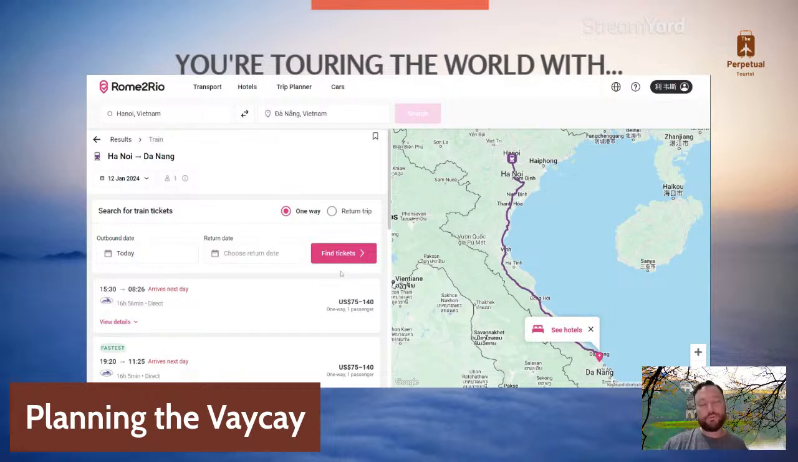If you ever wondered why Google Maps doesn't have, well, they have really good coverage for urban transit. If you want to know how to get across town, Google Maps is fine. But if you want to know how to do the same kind of thing but across the globe, then Rome2Rio is a really good site. Anyway, okay,